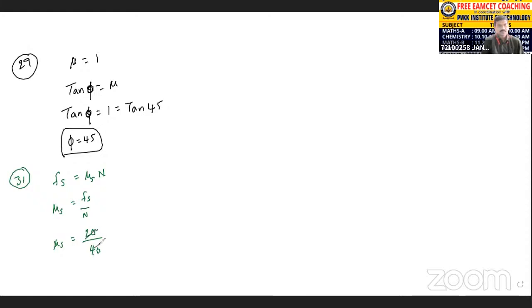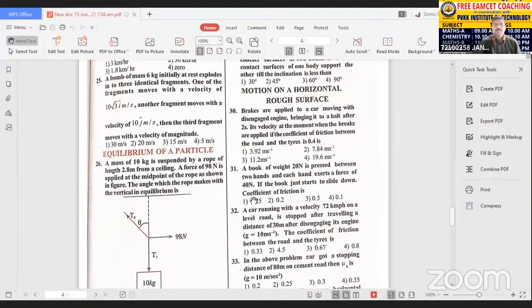That is equal to 1 by 2. Mu is equal to 1 by 2, so that is equal to 0.5. Since it says each hand, the coefficient is divided by 2 for the two hands. So for each hand it is equal to 0.25. Yes, the first option is correct. First option, 0.25. Next,